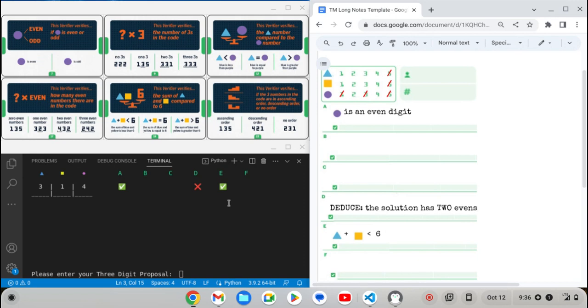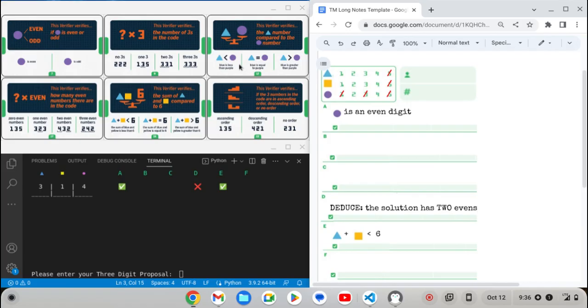Now, I think based on previous puzzles, criteria card C and F, specifically the ordering criteria card, and possibly any combination of comparing any of the three digits, work sort of hand in hand